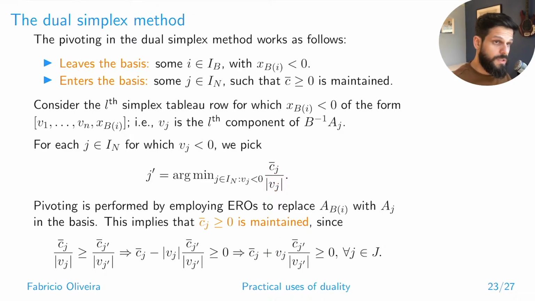Remember that we saw last class that the top row of your tableau shows you the reduced cost element, the c minus c_B B^-1 A for that column. And I'm going to pick the minimum of them,